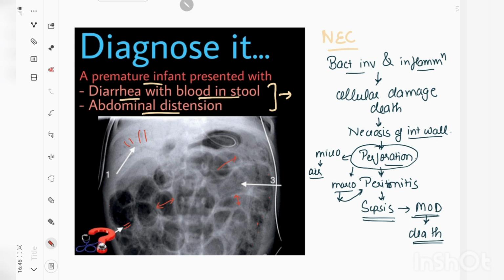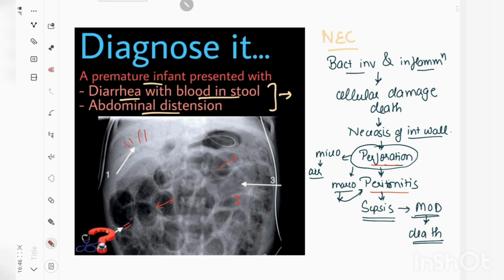But in severe cases, if the child does not recover and the child develops intestinal perforation or peritonitis, then the child may need surgical intervention also. The surgical intervention includes the laparotomy. After laparotomy, what we can do is we can remove the necrotic bowel as well as repair the perforated segment.